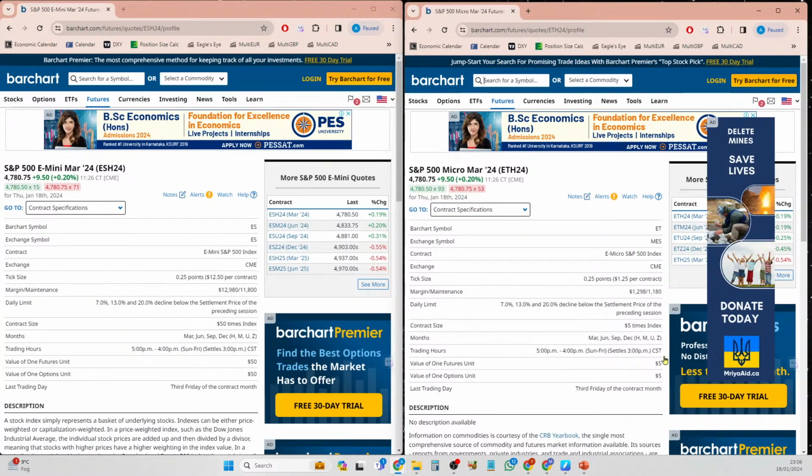Okay. So now on the left, I have the E-mini standard contract of S&P 500 and a micro contract of S&P 500. You can see the symbol is ES for E-mini, whereas for the micro S&P 500, the exchange symbol is MES. So the contract name over here is E-mini S&P, whereas it is E-micro S&P 500. We'll be referring to it as MES.